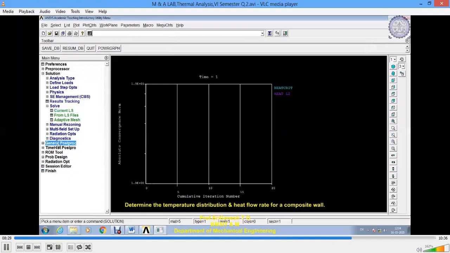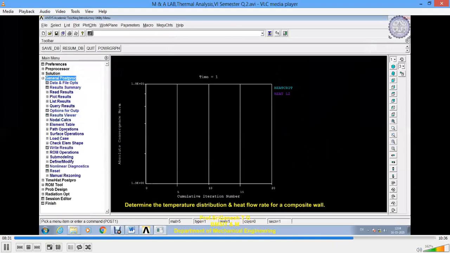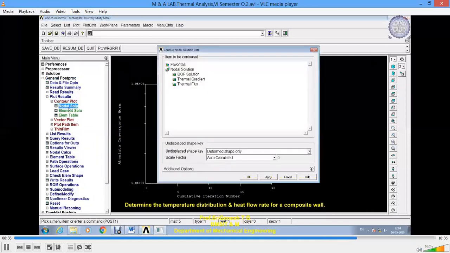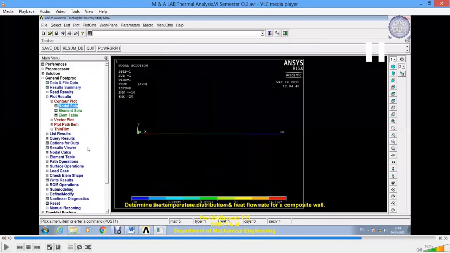We'll go to general postprocessor, and then plot results, DOF solution, nodal temperature. So here we have the temperature distribution across the composite wall. Here we have a higher temperature, around 16.67 as indicated by this color, and it slowly decreases to minus 10 degrees centigrade.